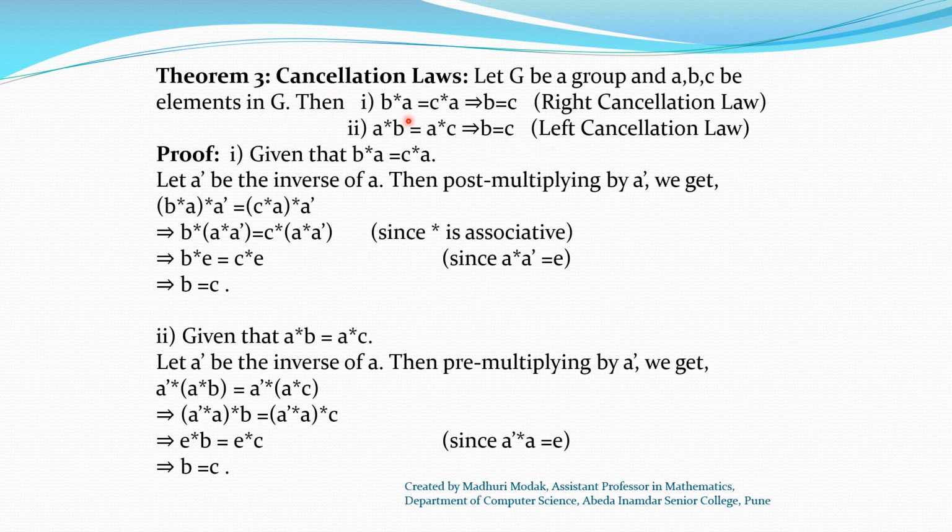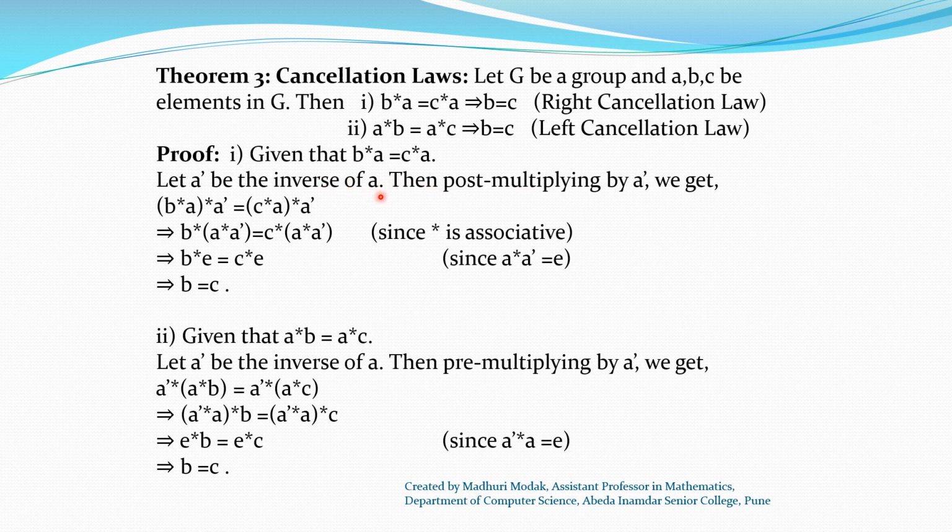In the first part, it is given that B star A equal to C star A and we want to show B equal to C. So we start with B star A equal to C star A. Now as G is a group, every element has an inverse. So definitely A has some inverse because A is an element of G. So consider A dash as the inverse of A. Now post multiplying by A dash, we get